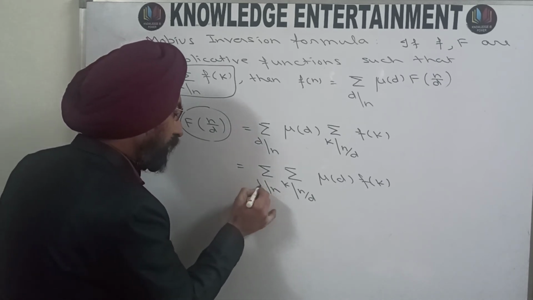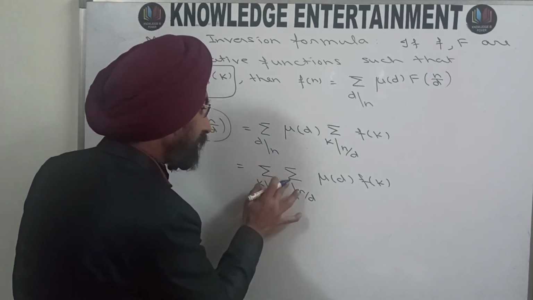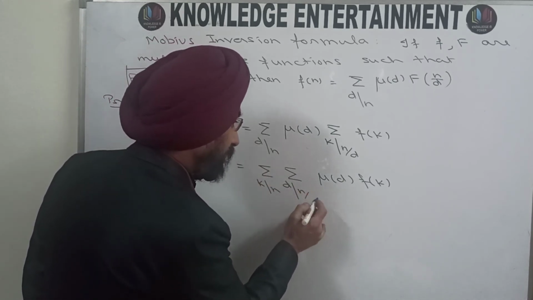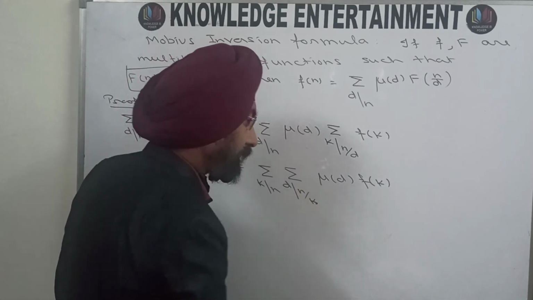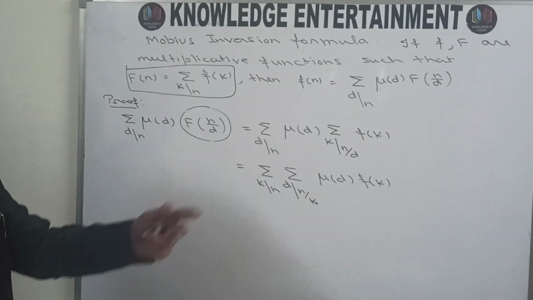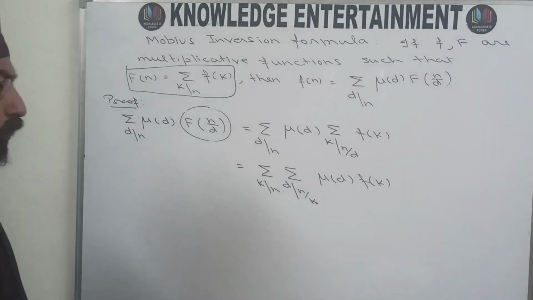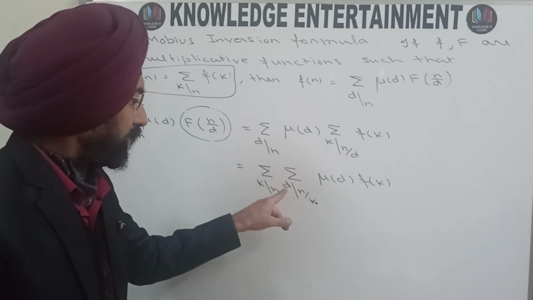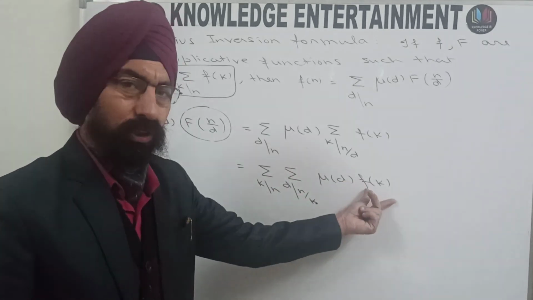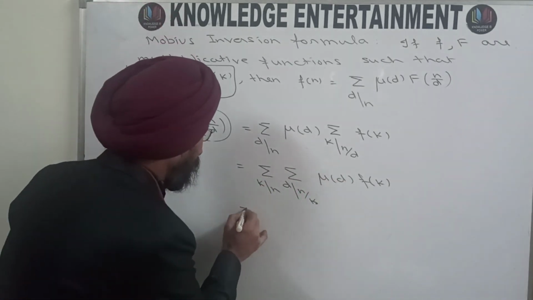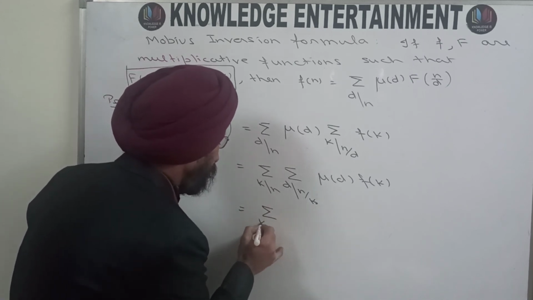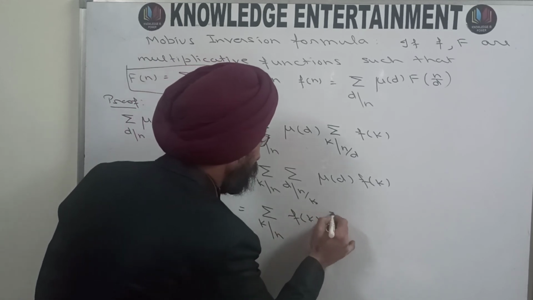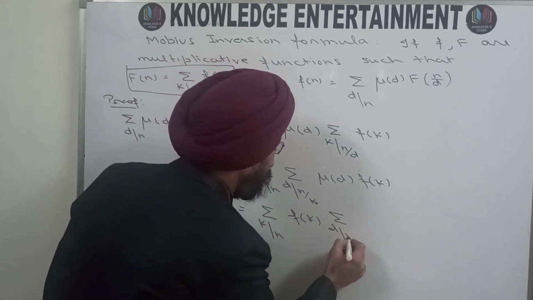So sigma k divides n and d divides n by k, the same thing. And now you take f of k because the second summation is over d. So f of k is constant, and can be taken out. So you can write sigma k divides n, f of k outside, sigma d divides n by k,